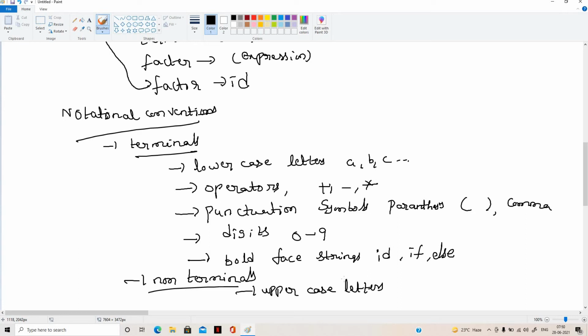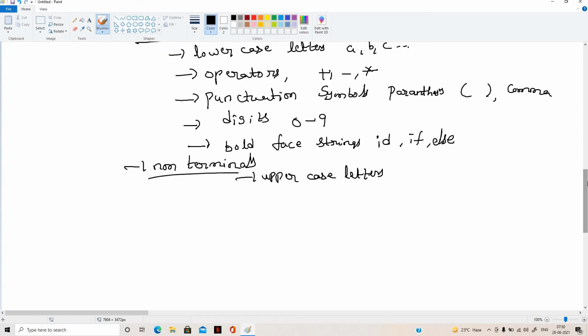And lowercase italic symbols: in a grammar you may find some italic symbols, and lowercase italic strings we also call non-terminals.